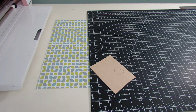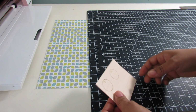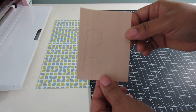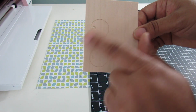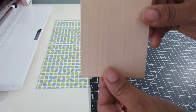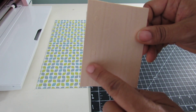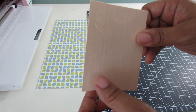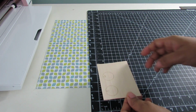Now I do notice now, couldn't see it from the front side, and this will be a concern, but it looks great as far as like it cut through for the most part on the front side, but when I turn the back of it over, it's not as defined and cut out as I would like it. So this small section right here is not actually all the way through the wood. So when that happens, what I do is get a,